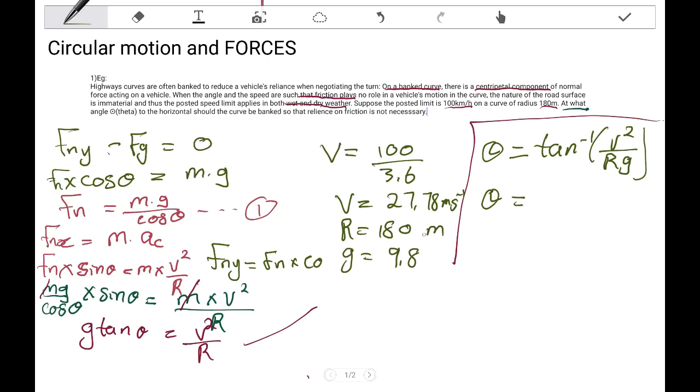If you substitute this into that equation, you are going to have tan inverse of v squared, where v is 27.78 squared, divided by r, which is 180, times g, which is 9.8. Then when you punch that on a calculator,